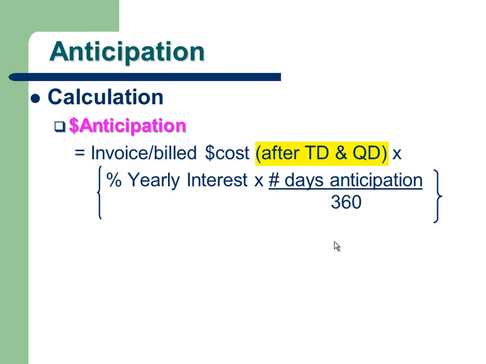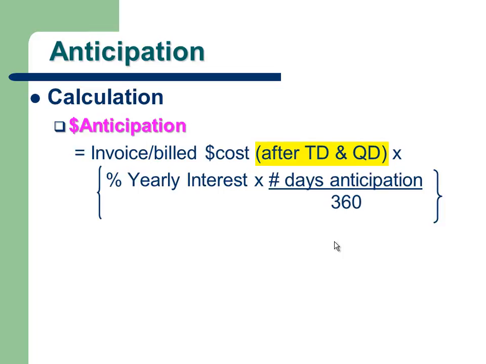So it is determined in advance. And then you see the number of days anticipation, calculated in the manner that I explained in the previous slide. And you divide the number of days anticipation by 360 days. According to the financial calendar, a year has 360 days. Every month is a 30-day month, right? So according to the financial calendar the bank uses, the interest rate is calculated in that manner.